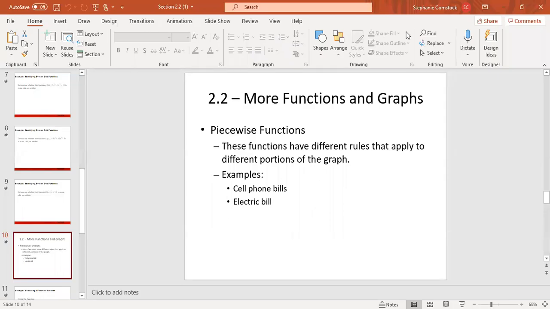Okay, so in this section, we are going to talk about piecewise functions. Piecewise functions are functions that have different rules that apply to different portions of the graph. So, for example,